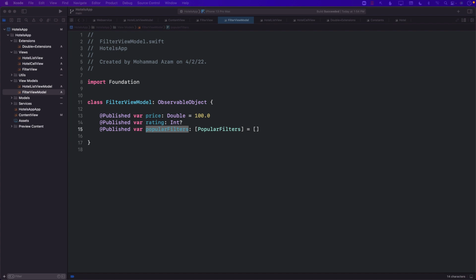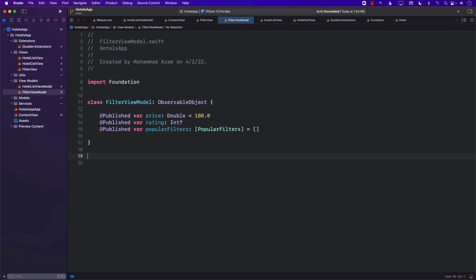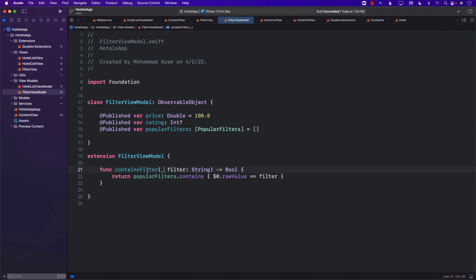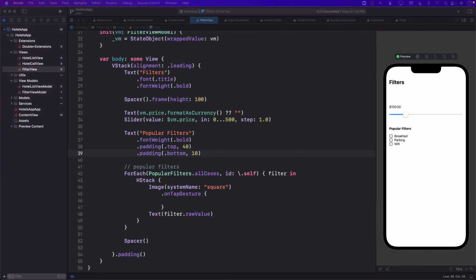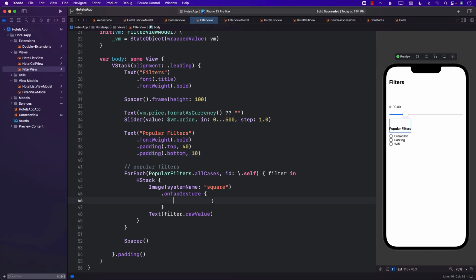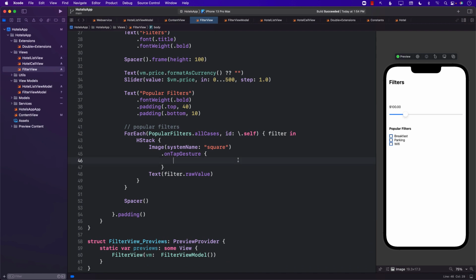For that, I'm going to create a small function, which is going to check if a particular filter is already part of the popular filters array, called containsFilter. You're going to pass in the filter as a string, and it's going to simply tell you true or false if that filter is already added to the array or not. So using that approach, now we can do something over here. So onTapGesture, which means if you tap on any of these images, which currently only displays a square, then you can say if